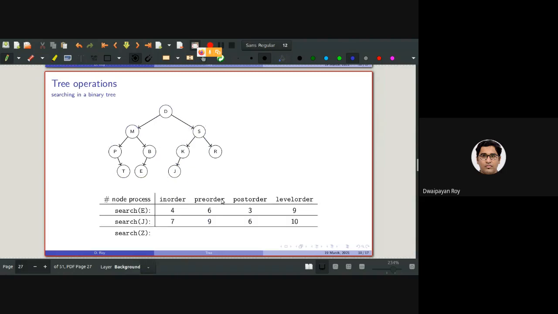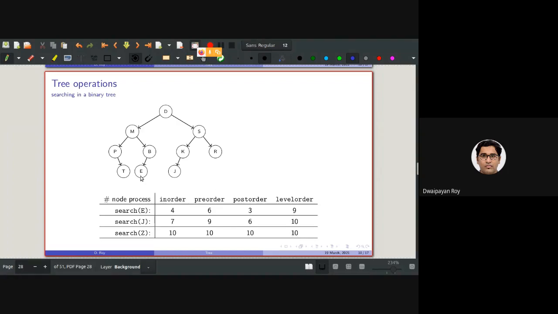And if I want to search for the element Z, or any element which is not present in the tree, how will I be able to search? What we need to do is check all the elements. For doing that, we'll be taking 10 comparisons because altogether there are 10 elements.